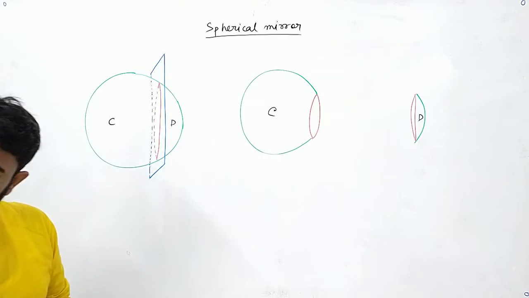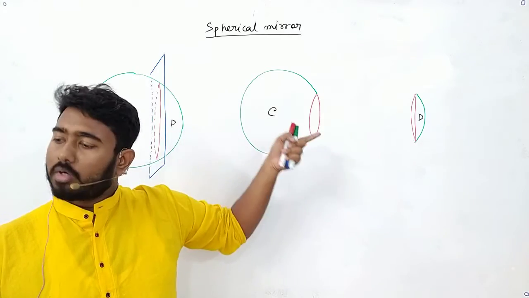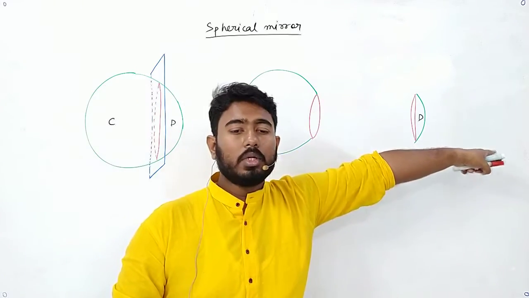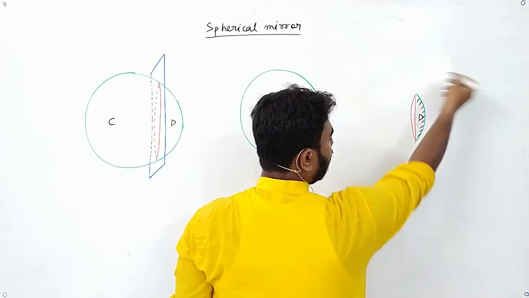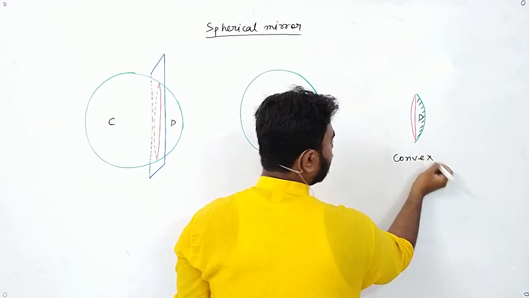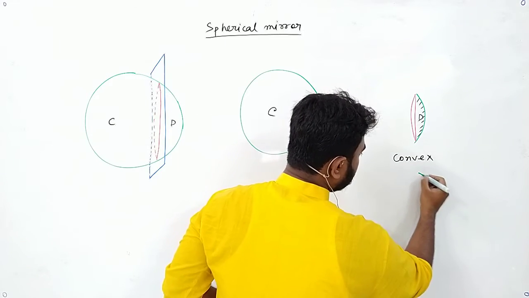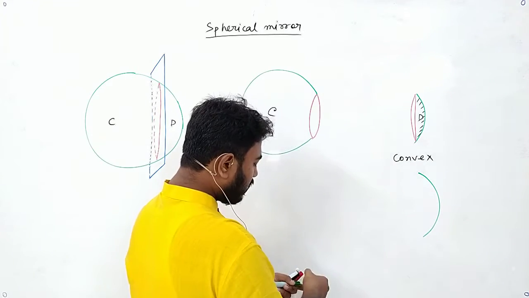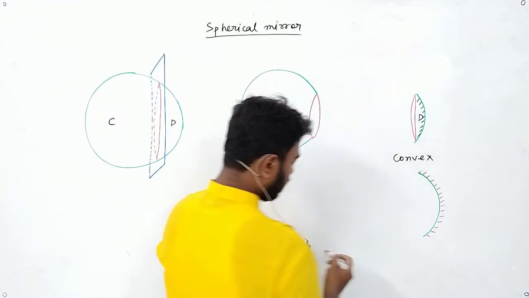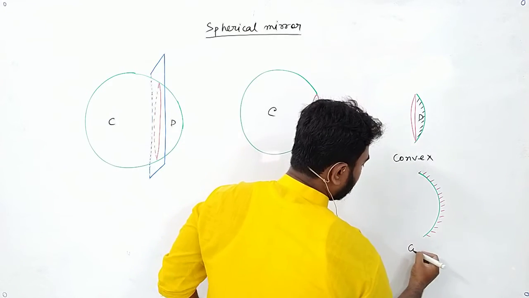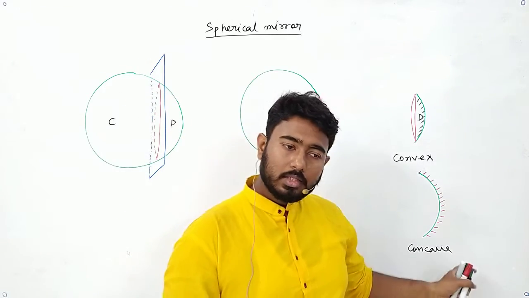Right? And in both of the cases, if I make the inner side reflecting, then they will be concave. If I make the outer side reflecting, it will be convex. So this one, if I make the inner side non-reflecting or outer side reflecting, this will be convex, right? And in the same kind of mirror, if we make the outer side non-reflecting, inner side reflecting, this one will be concave. Now have we got the idea of convex and concave mirror? Is it clear till now?